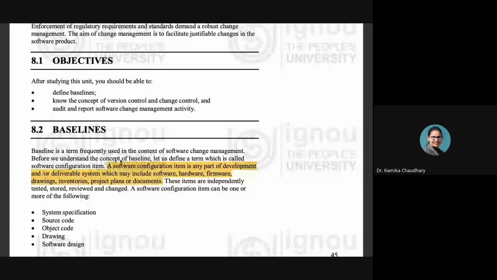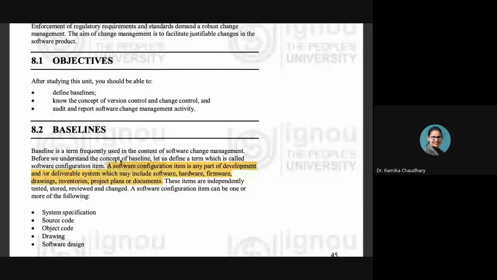It could be the requirement analysis team, the design team, the coding team, the testing team, or any other team, depending on which configuration item we are talking about. If it is the requirement specification configuration item, that item is approved by that particular team. So any software configuration item which has been reviewed and finalized is called